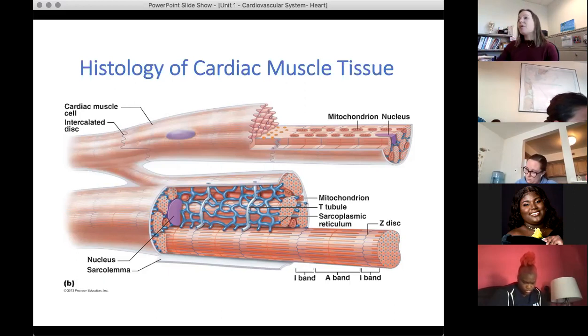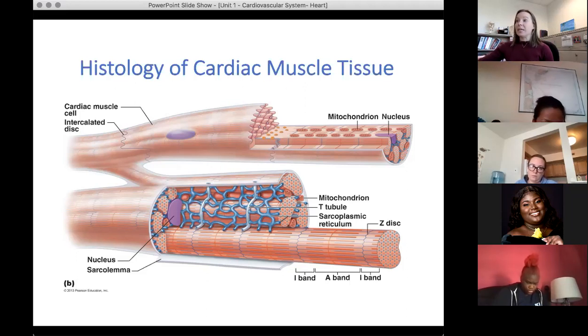Okay, so that's on a cellular level, some of the things you have in the cardiac muscle fibers that help with their function. But now if we take a look at the intrinsic conduction system of the heart, just go down a little bit in your outline below the pictures. The intrinsic conduction system